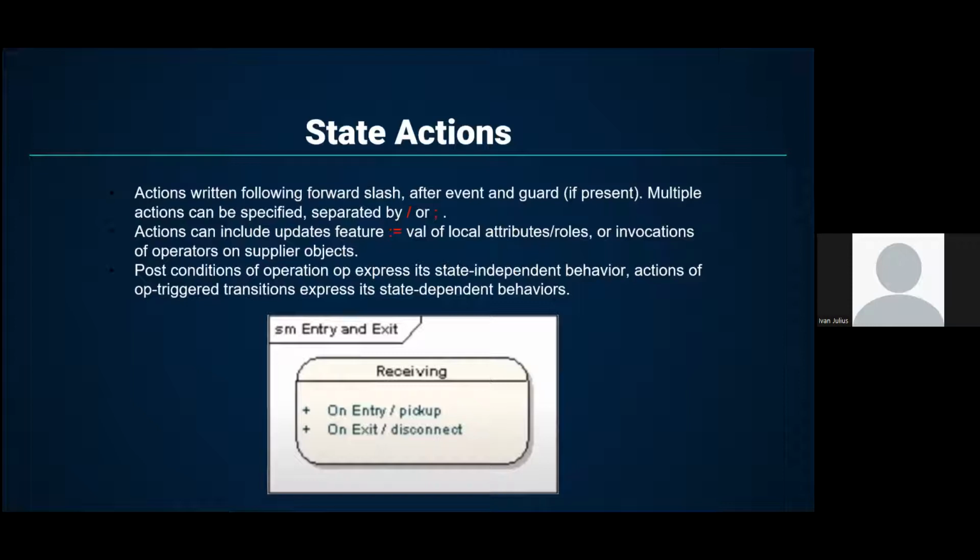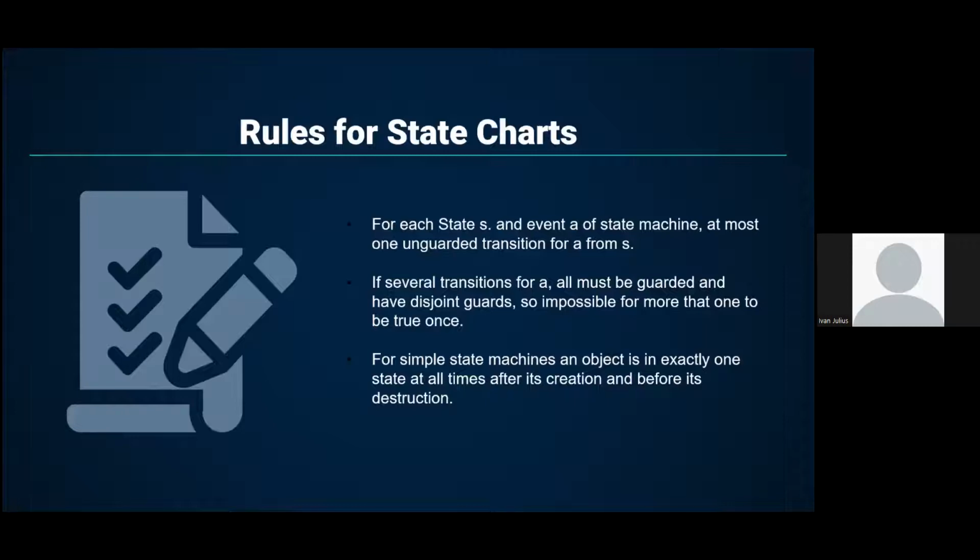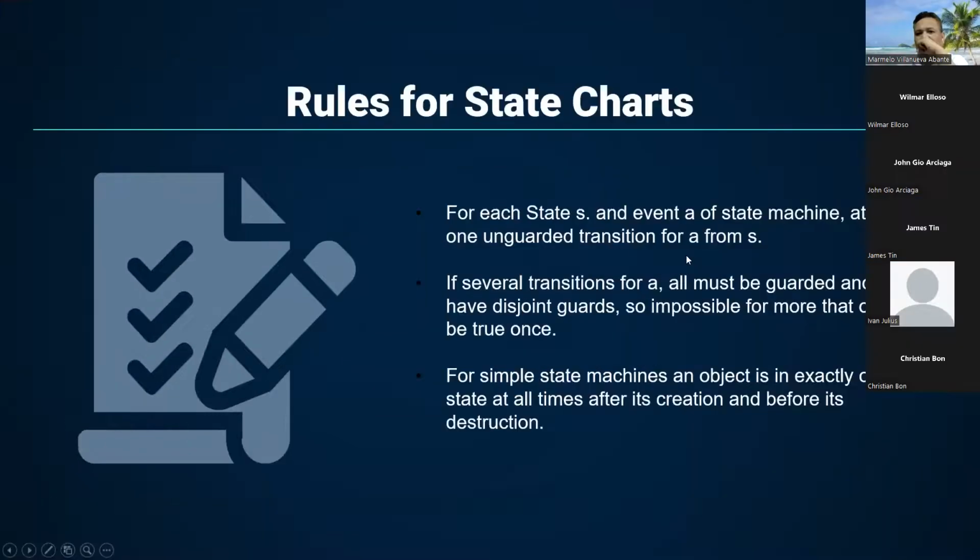So now the question is, what are the rules applied to states within a state machine? For each state S and event A of a state machine, there is at most one unguarded transition for A from S. If there are several transitions for A, all must be guarded and have disjoint guards, so it is impossible for more than one to be true at once. For simple state machines, an object is in exactly one state at all times after its creation and before